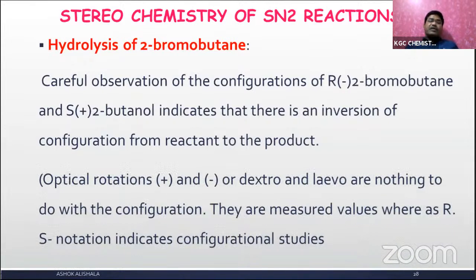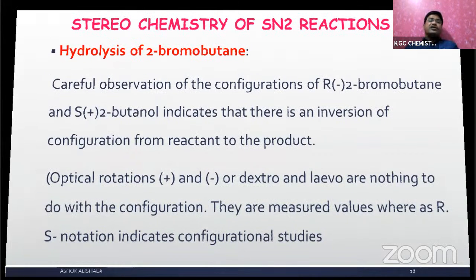Optical rotation, plus or minus, or dextro and levo, has nothing to do with the configuration. Just simply remember, one is R, another is S. This type of